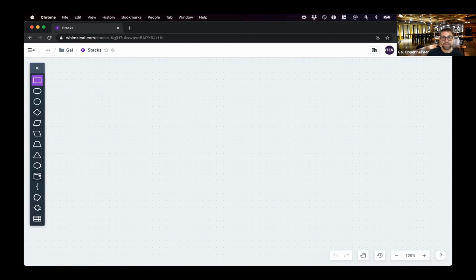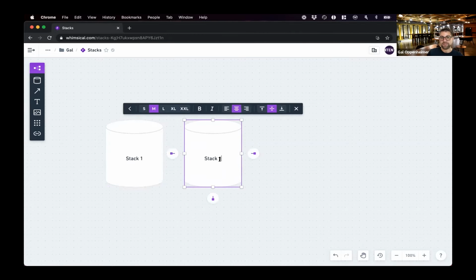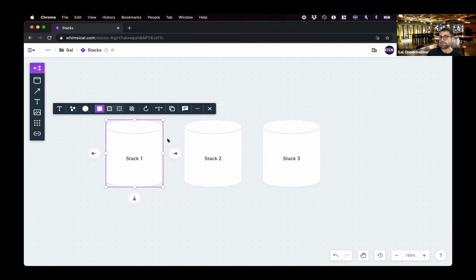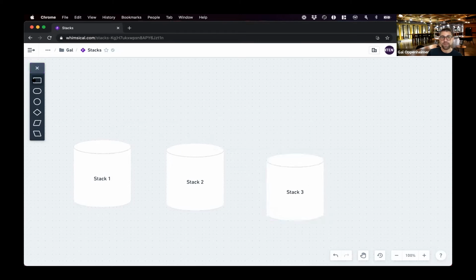So inside of these stacks, I think just because it's similar to a database, we'll have this in here. So you can have multiple stacks. Let's say you have stack 1, stack 2, stack 3. And these stacks are separate from each other. So they'll all have their own user sets, their own content, their own assets, their own content types in the system. But when content is coming in and out of them, all you're doing is making API calls into the cloud.